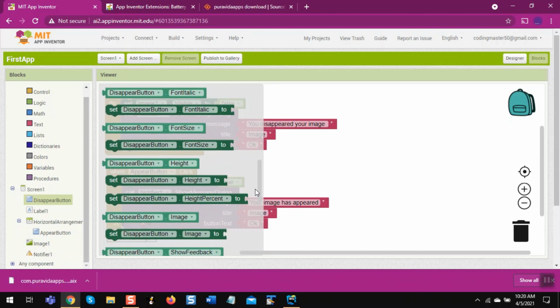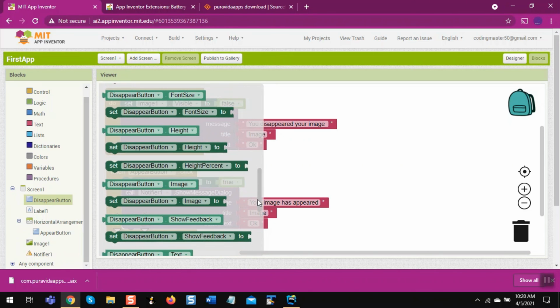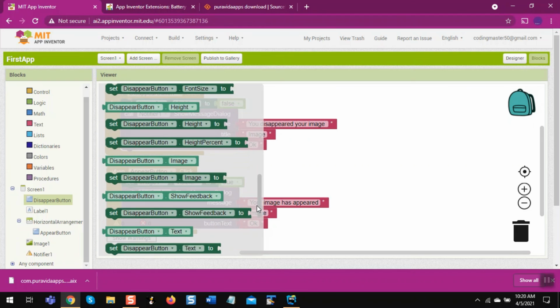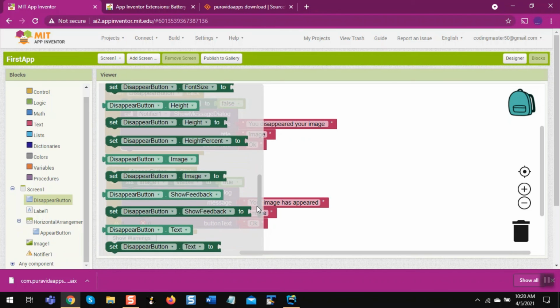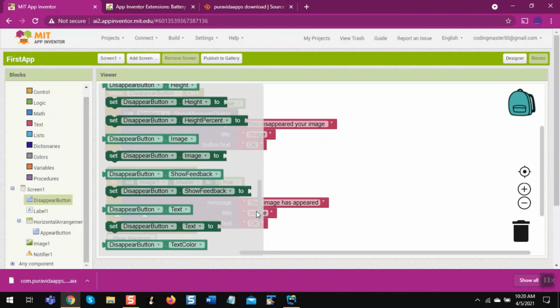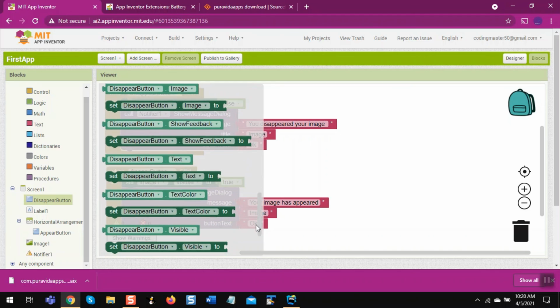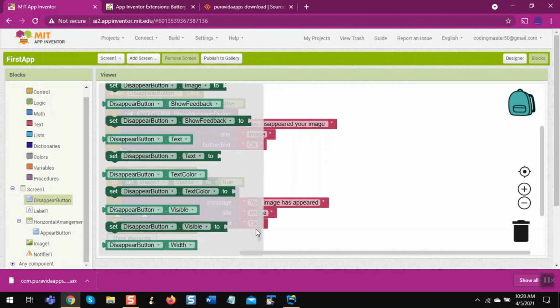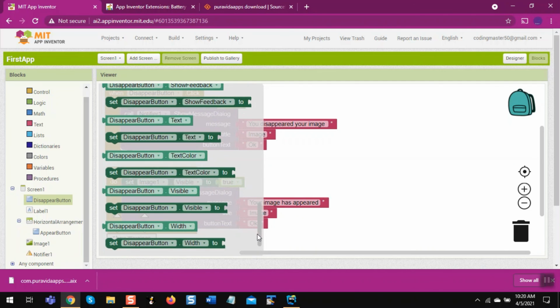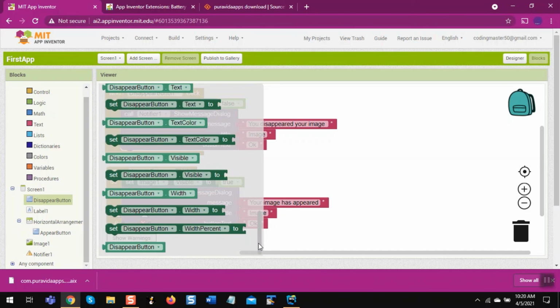Font italic, like italic. Then font size big, height small, big, height percent we don't need to do. Then image, disappear dot image to, this is not show feedback, this is also not important. Then text also we can change, like button 1 dot text to like image. And then text color white, black, anything. Visibility, this we did right now.